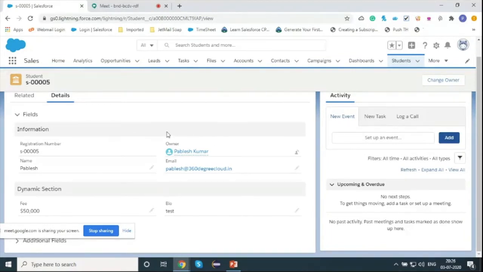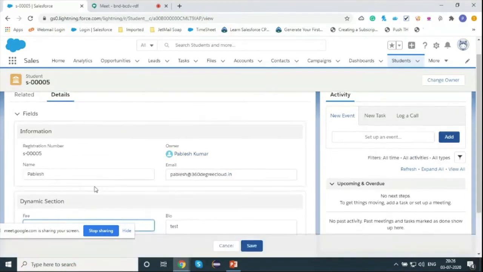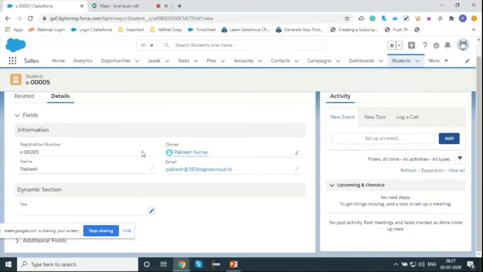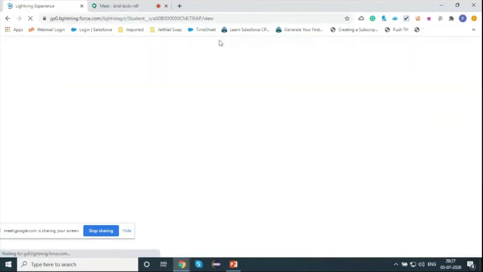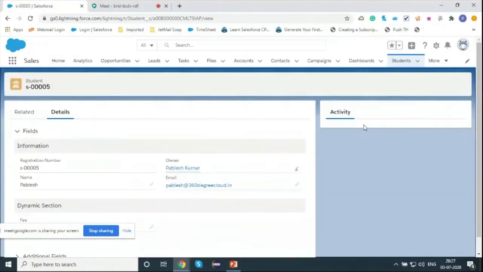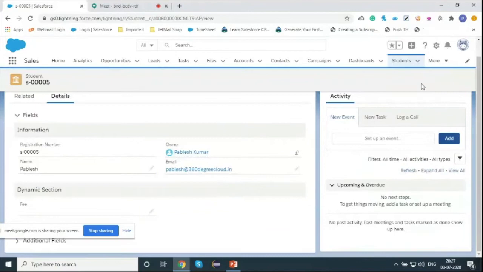You can easily see the new field. As I told you, this is the coolest feature for the non-devs. Just put anything and save. Done. So here you can see when I saved this, a quick action, change owner, appeared. So basically, this is also a dynamic action. The same rule is set up for this. If the fee contains 50,000 or greater, then only this quick action will be displayed here. Otherwise, not.